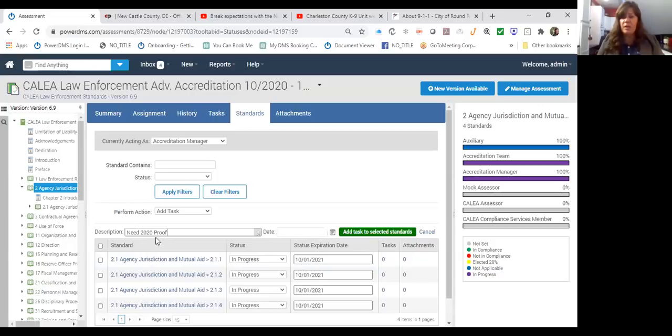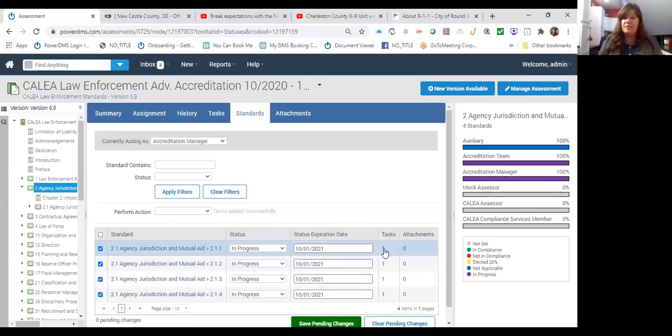So I need a 2020 proof, and this date is not when that is due, but instead when you want this task to begin appearing in the inbox. Typically, you want that to be consistent with when that cycle year kicks off. So my 2020 proof starts becoming due on the first day of that year. So 10/1 of 2020 was when this year kicked off. So I want my task to pop in the box so that it's available immediately. I then check off the standards that I want it to apply to, and I select Add Task to those